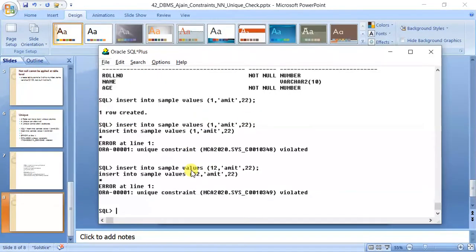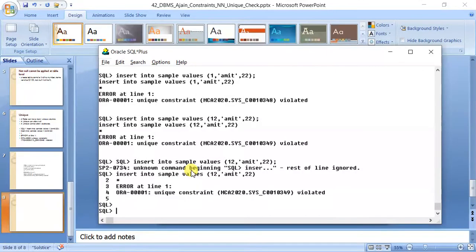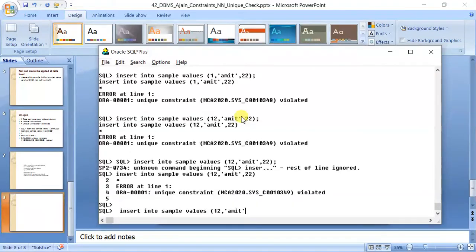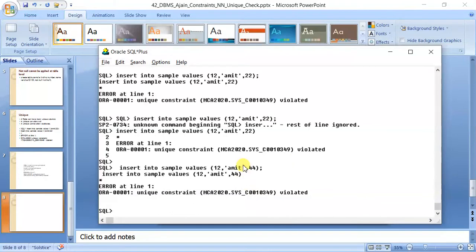Now let us try to insert a value something like this. Amit comma 44. Now this 44 was not allowed. Let us check, select star from.